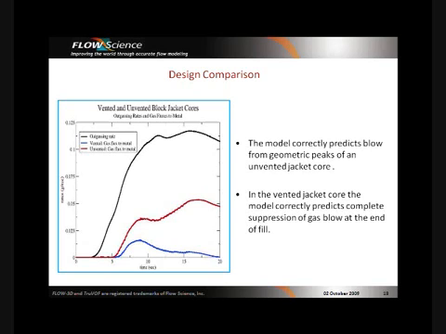The figure here shows the core gas mass flow rate and the gas flow rates for the two designs. The cumulative flows can be computed from a plot like this. As you can see, the vented core shows significantly lower gas flow rates during the submersion of the bottom portion of the core and a complete suppression of the gas flow after 15 seconds. You can see this is the gas flux to the metal for the vented case. There's almost a complete suppression of the gas flow into the metal after 15 seconds.